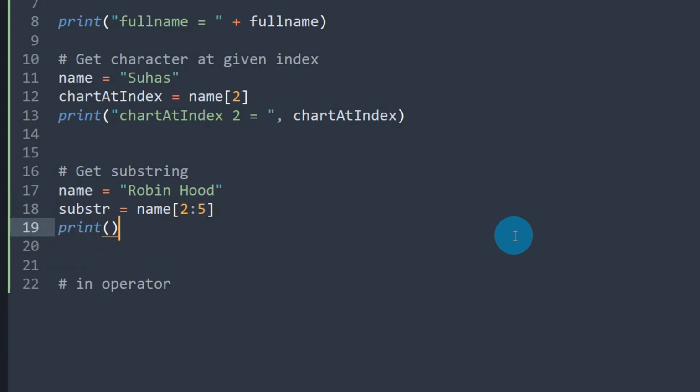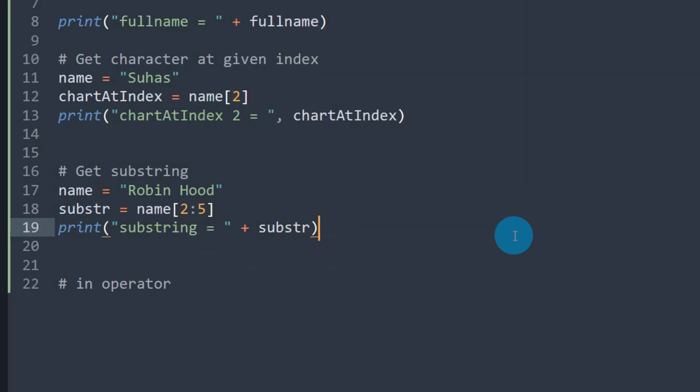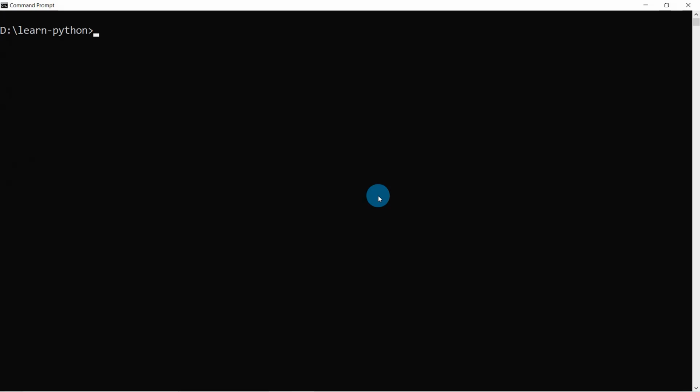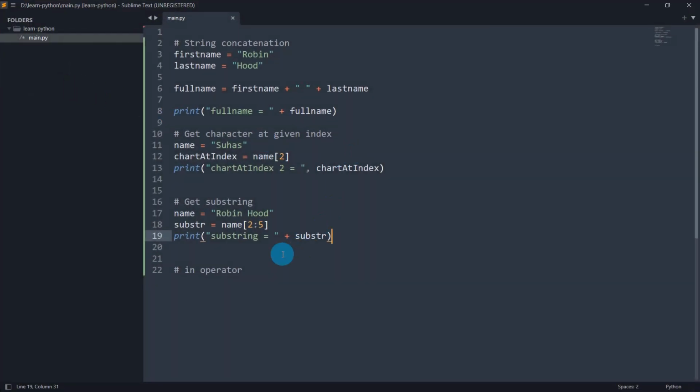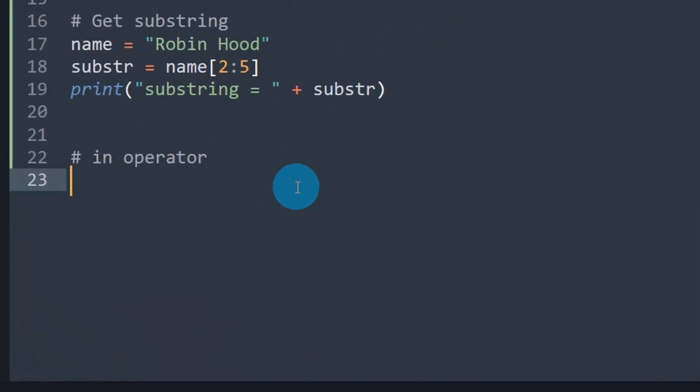Now let's print substring equals. Okay, I'm saving this file. Let's run the program. See, the substring we got is bin, correct? That's how it works.